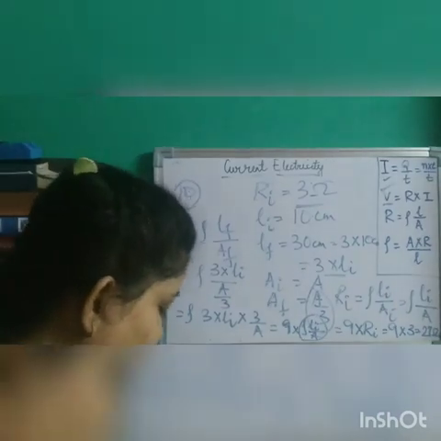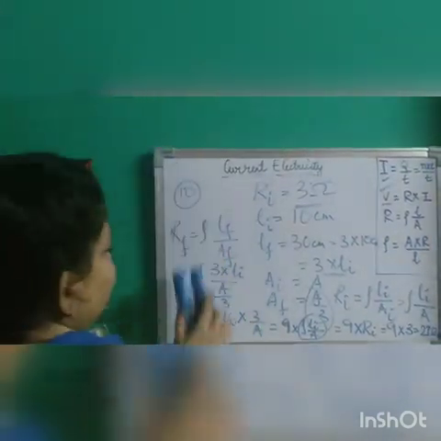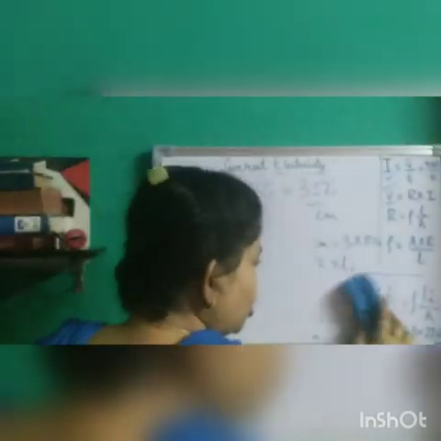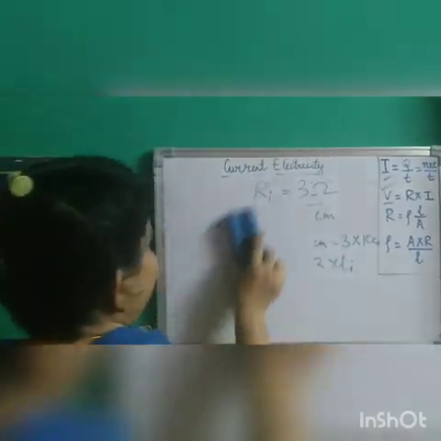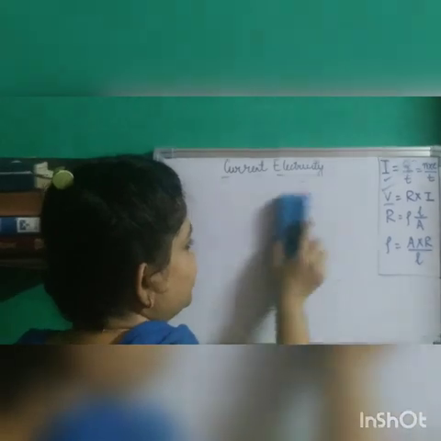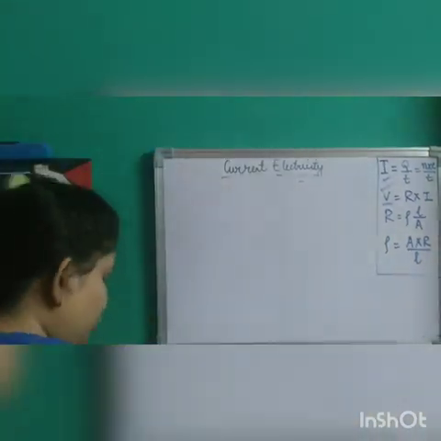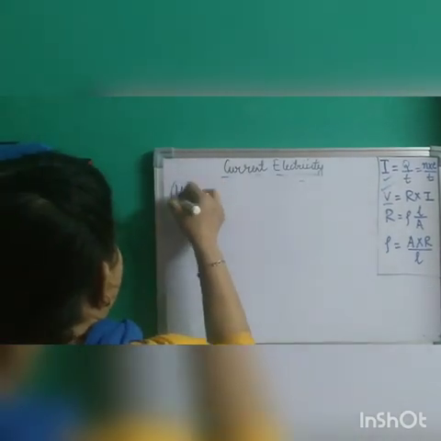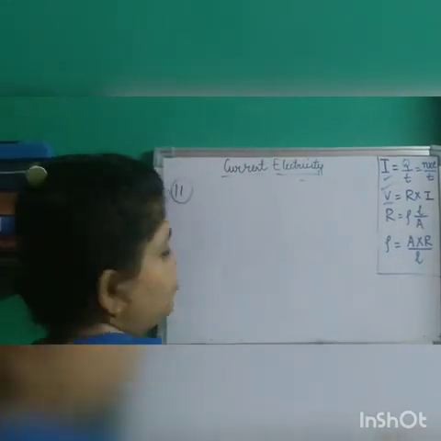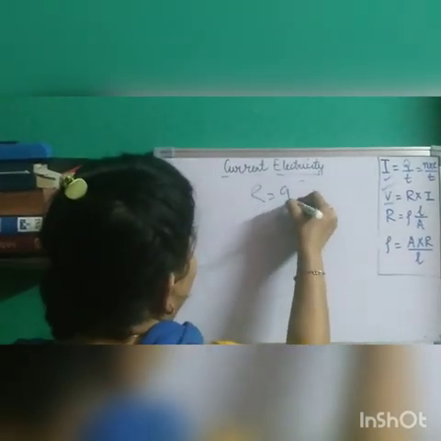Now let us do sum number 11 quickly. Students, follow the same principles whenever this type of sum comes in the exam. Please follow the principle as I am showing you, so you will not get confused. What is given? Same type of sum. Sum number 11: a wire of resistance 9 ohms. So R is given as 9 ohms.